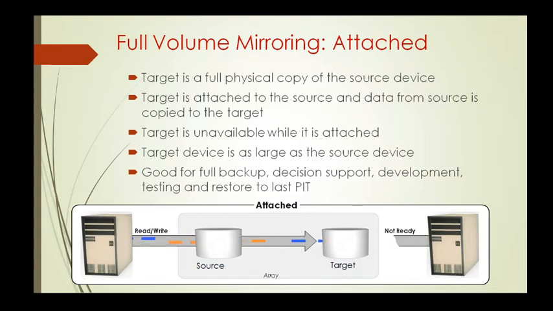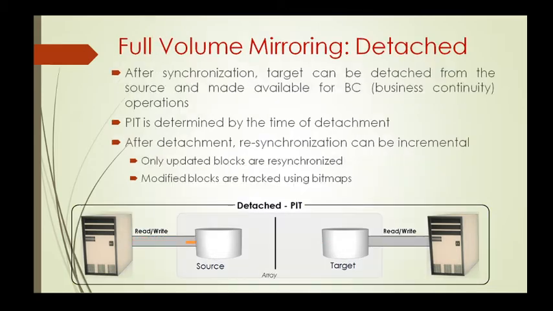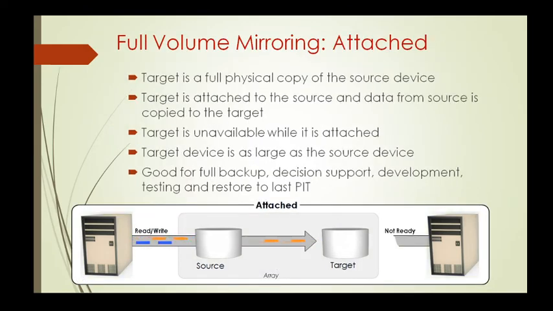In full volume mirroring, the target is attached to the source and established as a mirror of the source, as shown in figure A. The data on the source is copied to the target. In figure A, you can see a full volume mirroring with the source attached to the replica. New updates to the source are also updated in the target. After all the data is copied to both the source and the target, they contain identical data, then the target can be considered as a mirror of the source.